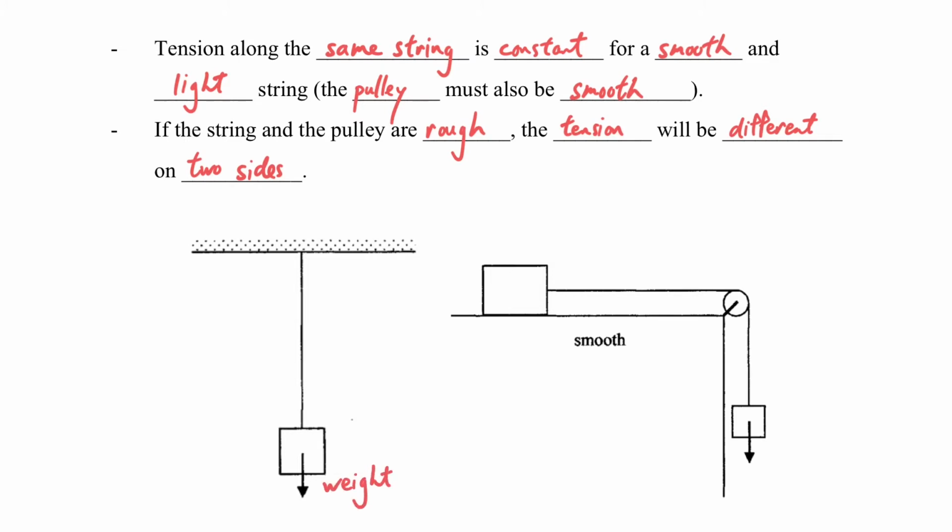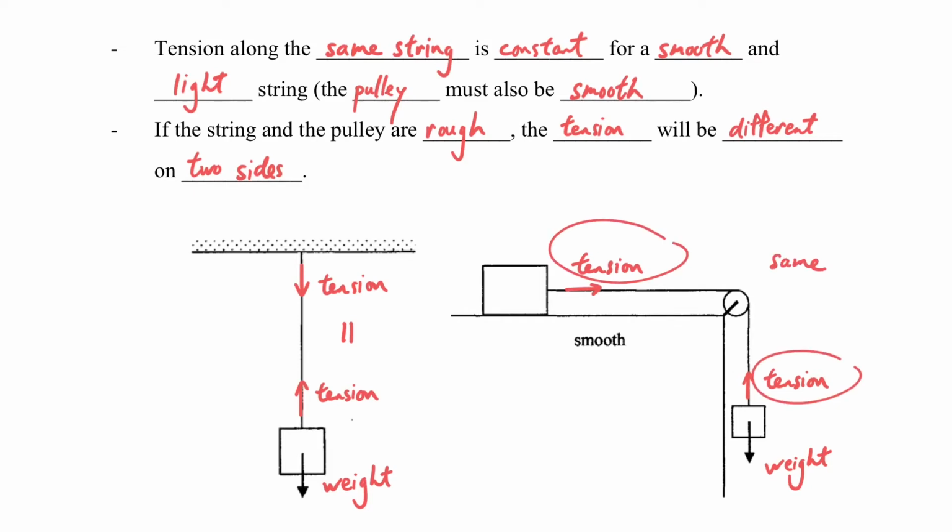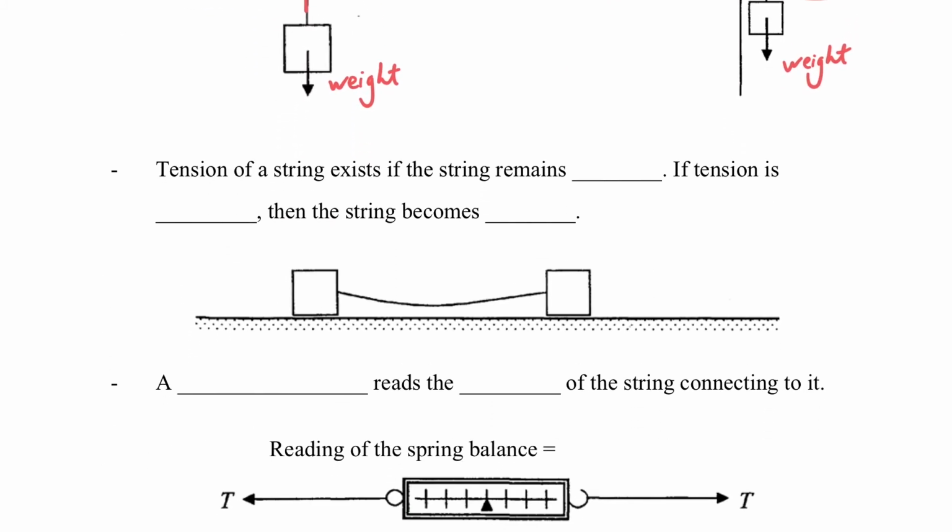For example, you can see that when there is a block here, the weight will be pulling down and there is a tension. And the tension acting on the block will be equal to the tension acting on the ceiling. In another case, if there's a weight connected to the block, the tension acting on the block will be equal to the tension acting on the block on the top. Even if there is a pulley inside, because the pulley is smooth,